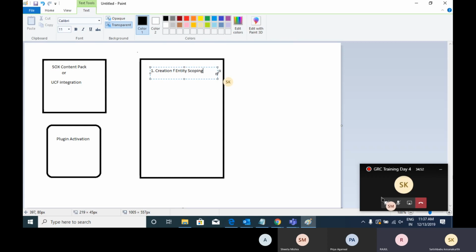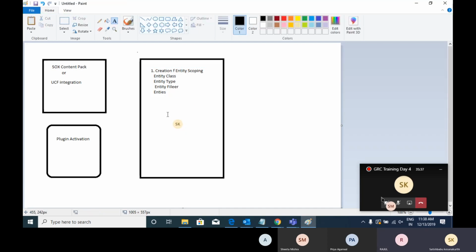Entity class is first. Second one, entity type. Third one, entity filter, and then we will get the entities. When your filter is associated with the entity type, what will happen? We will get the entities based on the filter. Entities are automatically generated.